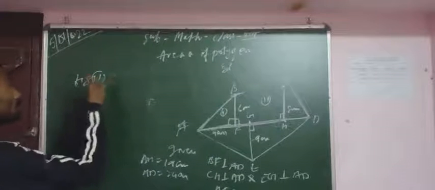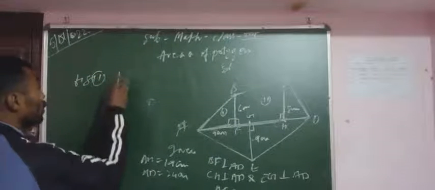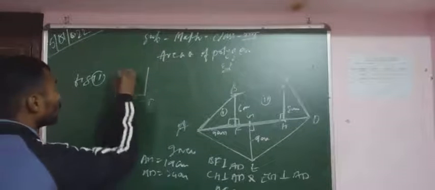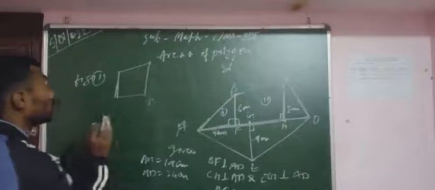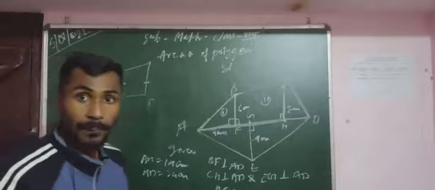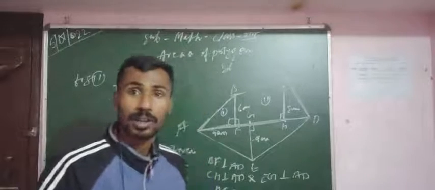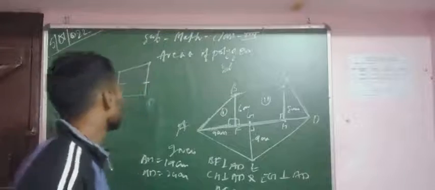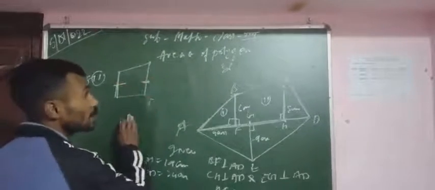Figure 2 looks like a trapezium. Both lines are perpendicular to each other, like that and like that. Okay, it looks like a trapezium. This line is parallel to the other. As per the definition of the trapezium, one pair of opposite sides is parallel to each other. Look at this: this side and this side are parallel to each other.